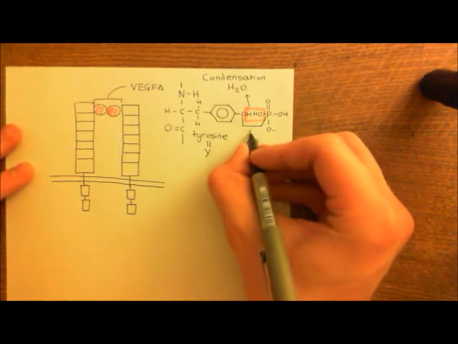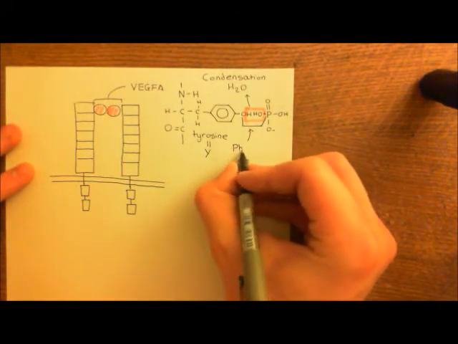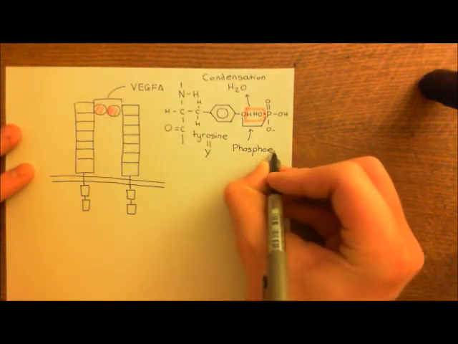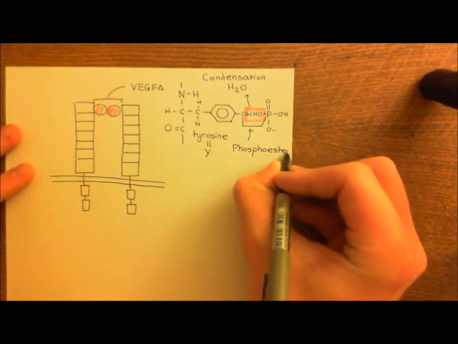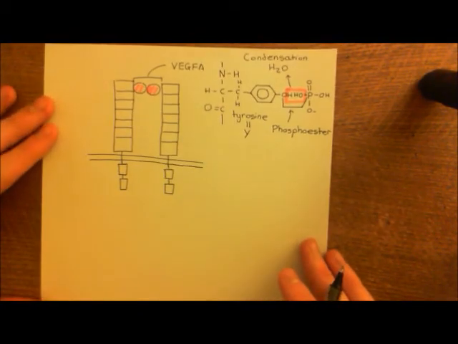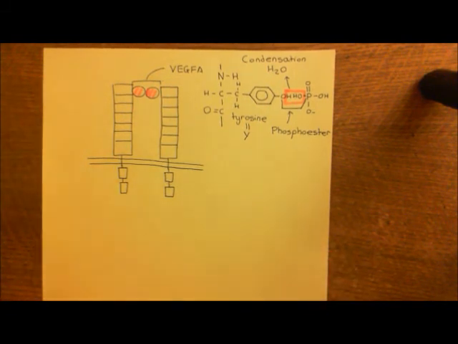And that link between the alcohol group and the phosphate group is what's known as a phosphoester link, or more correctly a phosphate ester link, but people often use that abbreviation, phosphoester link. Right, so you can add phosphate groups onto tyrosine residues within proteins,